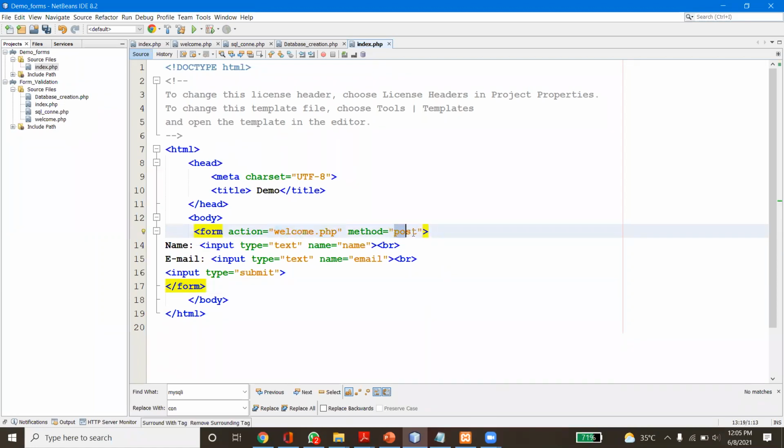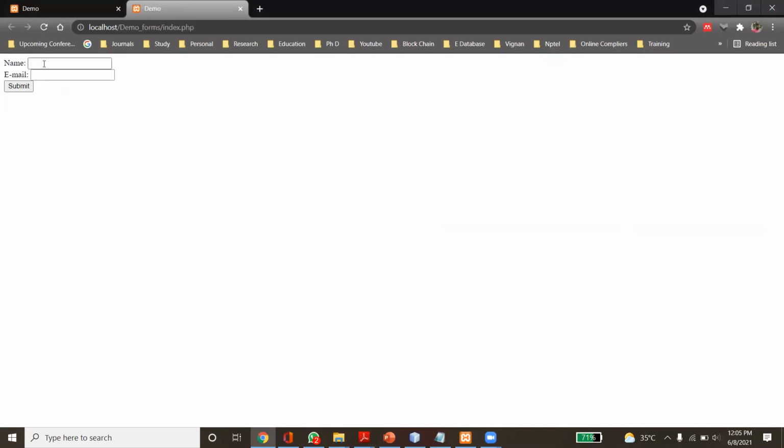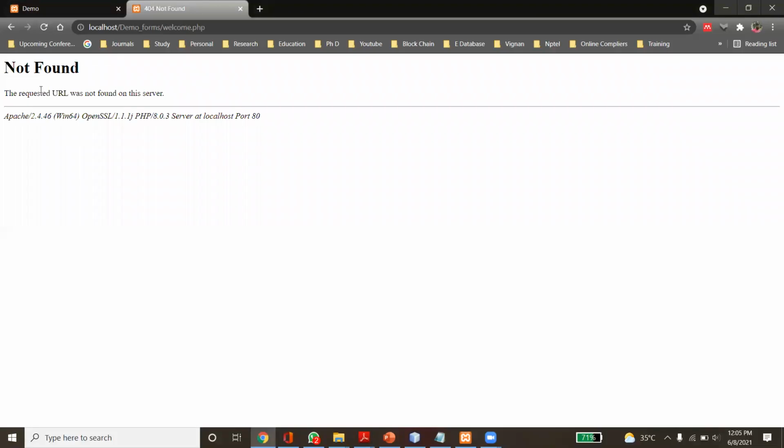The method I'm using is post. Then I'm creating two fields, name and email. Let me see what it is going to give. Here I enter name and email. I'm going to give some name, Venki, and an email ID. It is giving an error. Why? There is no welcome.php file to do the form validation.